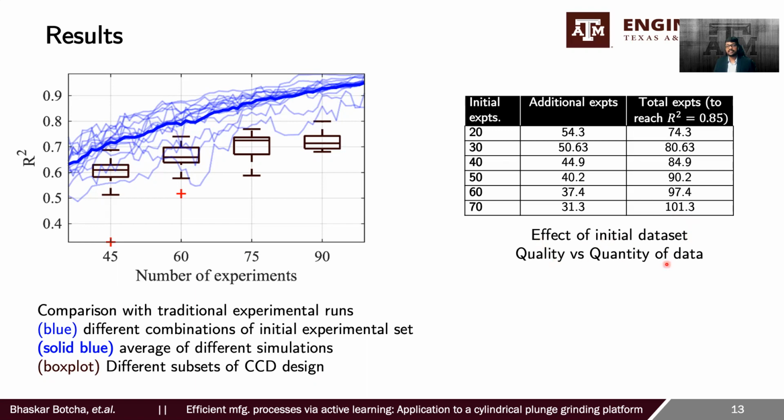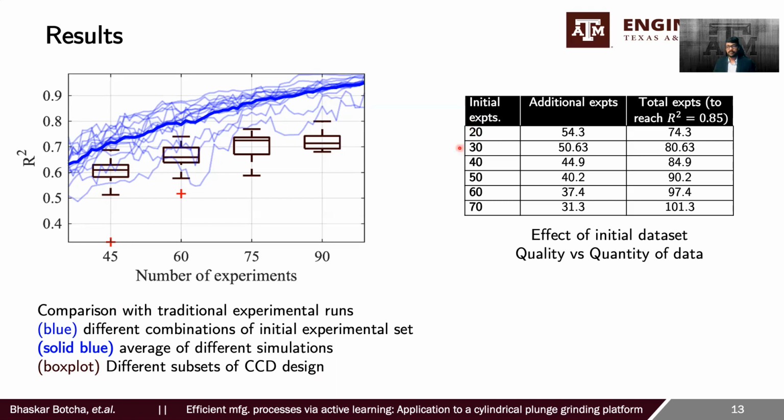And one more discussion point is the effect of the initial data set. So here we see starting with 20 initial experiments, the total number of experiments to reach R square of 85 on an average was around 74. And for 70 initial experiments, we see that it is 100. So what we are seeing here is if we are using just a few initial data points, which are of lower quality, and we let the sequential design do our work for us of picking up points sequentially, which add most value to building the